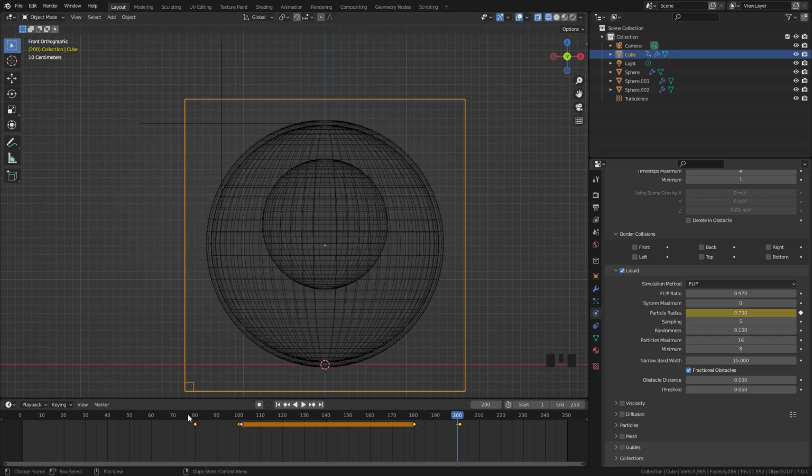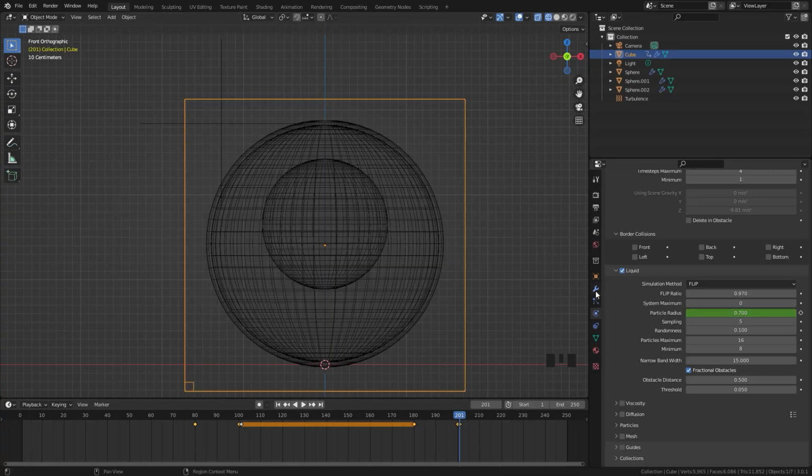So this is how it's going to work. It's going to remain at a value of 1 all the way to frame 80. Then as the turbulence is working, we're going to bring it down to a value of 0.85, which should decrease the radius, making it look like it hasn't gained volume. That's going to remain the same all the way to frame 180. And then from 180 to 200, it's going to decrease even more, and then the fluid should look pretty normal